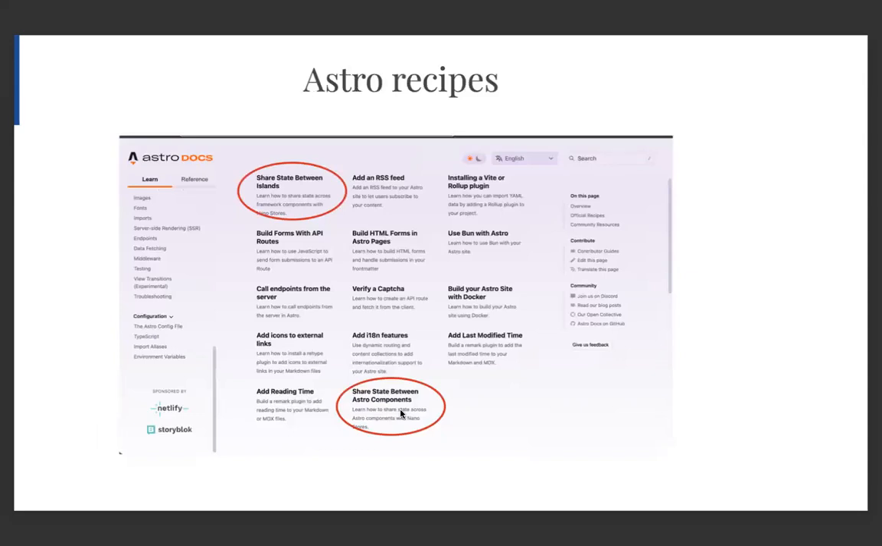So before you start developing applications in Astro, it's a good exercise to go through some of the Astro recipes, which are basically code snippets for implementing some of the functionality that you might need in your Astro web application. Here I have highlighted two of the recipes which I think are the most important, which is basically sharing state between Astro islands and sharing state between